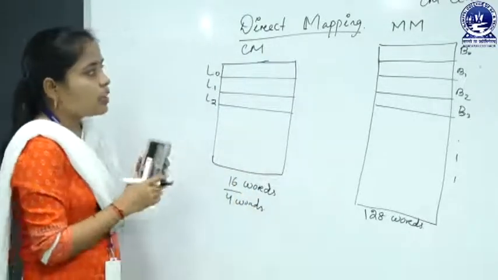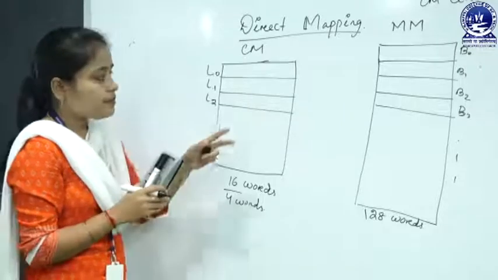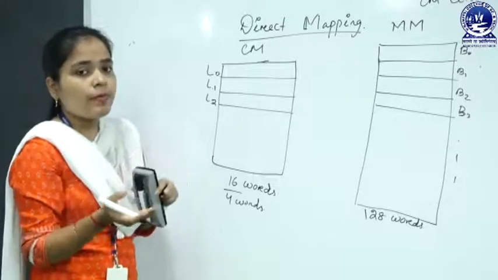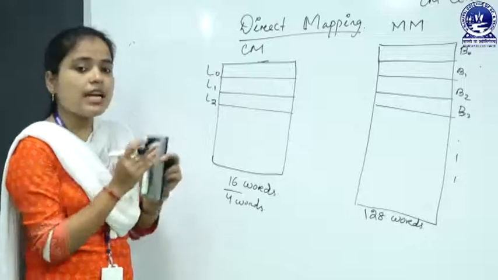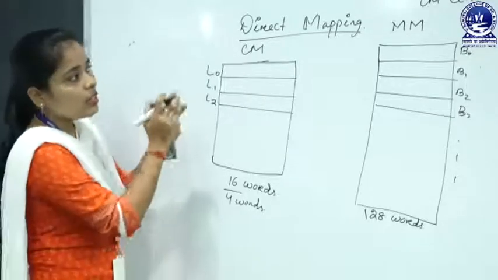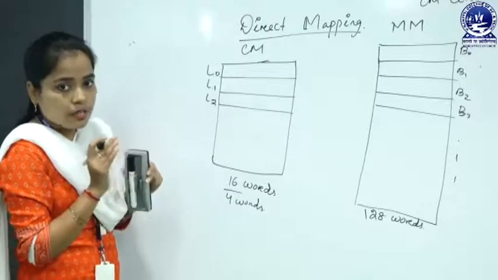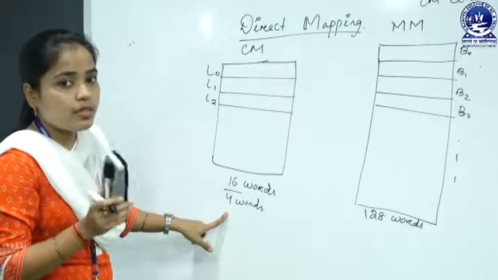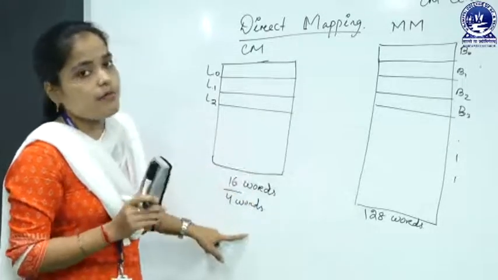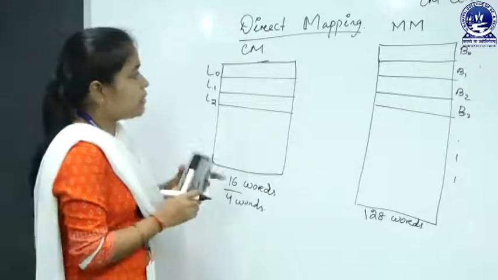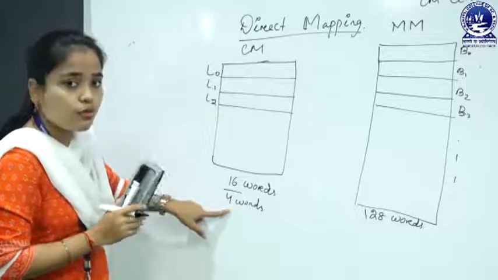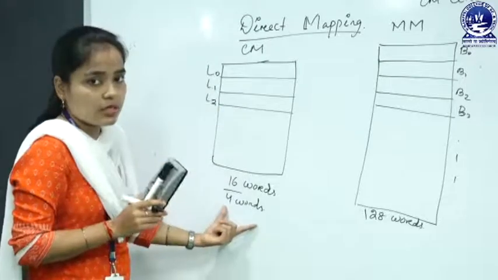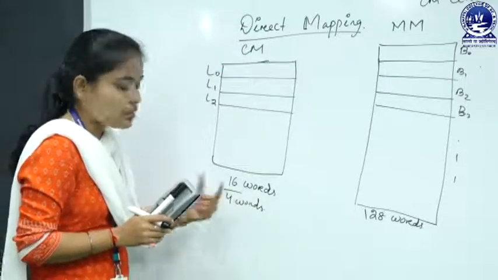In the operating system, when you study it, you will deal with concepts like frames and pages. Basically the page size and the frame size are equal. And here the line size and block size are equal. In a problem, if only the cache line size is given, you have to consider the memory block size also the same as the line size. So if the cache memory line size is 4 words, that means a line can hold only 4 words and the cache memory holds 16 words.